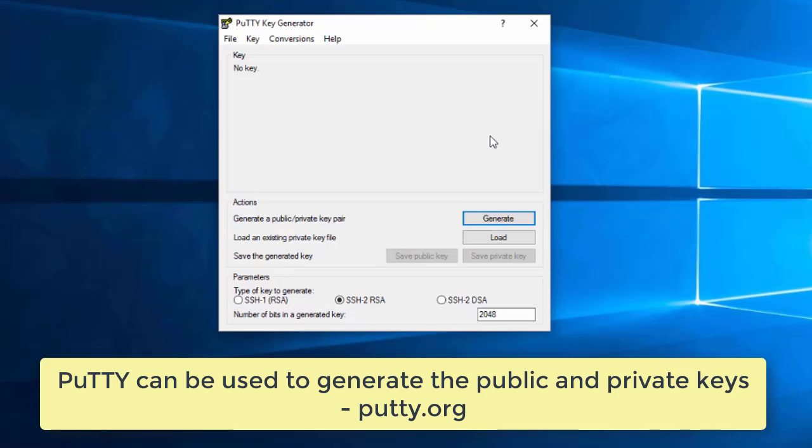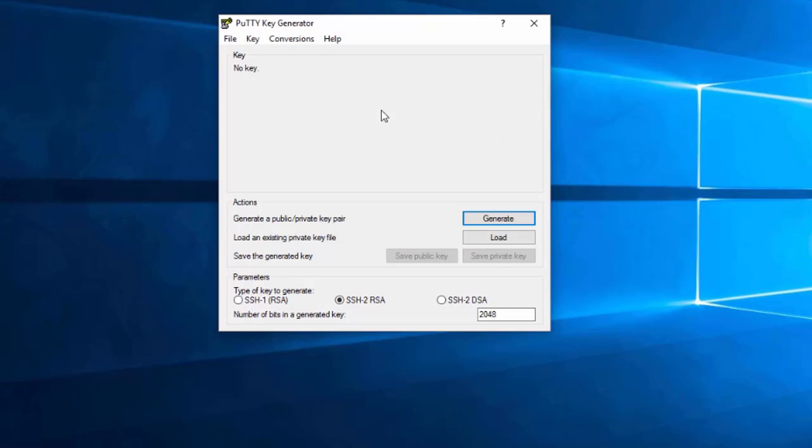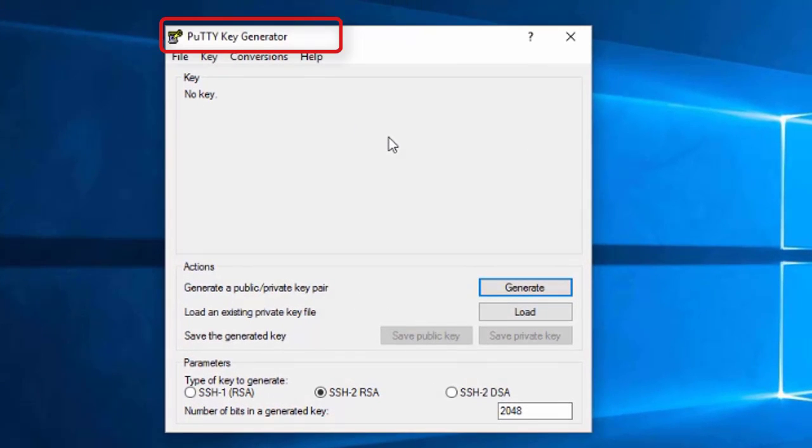PuTTY is one of the tools you can use to generate that public-private key pair. And you can download the PuTTY tool set from putty.org. When you download it, one of the tools you get within that download is the PuTTY key generator. So when you launch the PuTTY key generator,